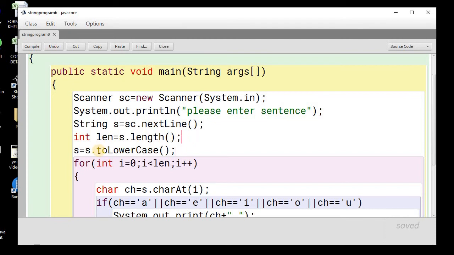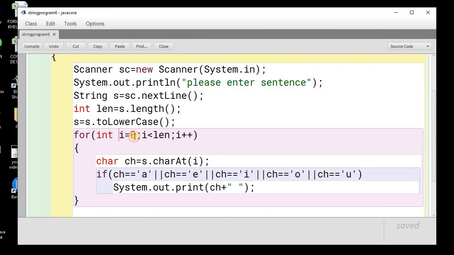Now we have converted this string into lowercase with the help of the toLowerCase method. Now we need to run the loop from i equal to 0 till i is less than len. Inside the loop, we need to fetch each character of the string, so we will use the charAt method to fetch the characters one by one, and the character will be stored in the char variable ch.